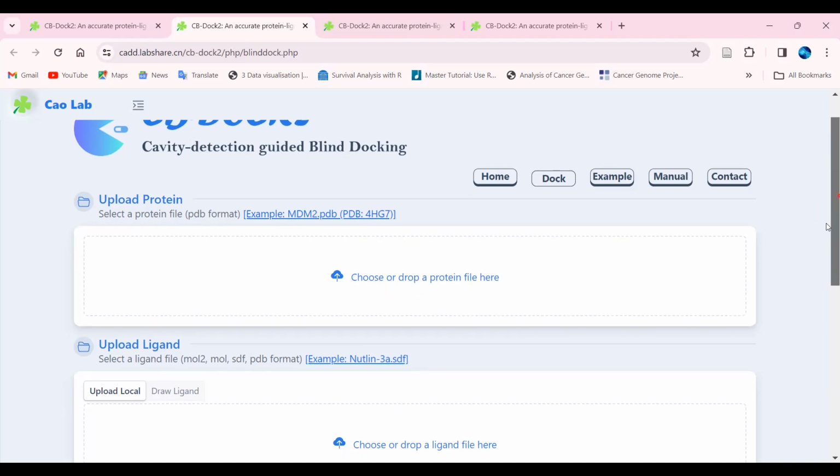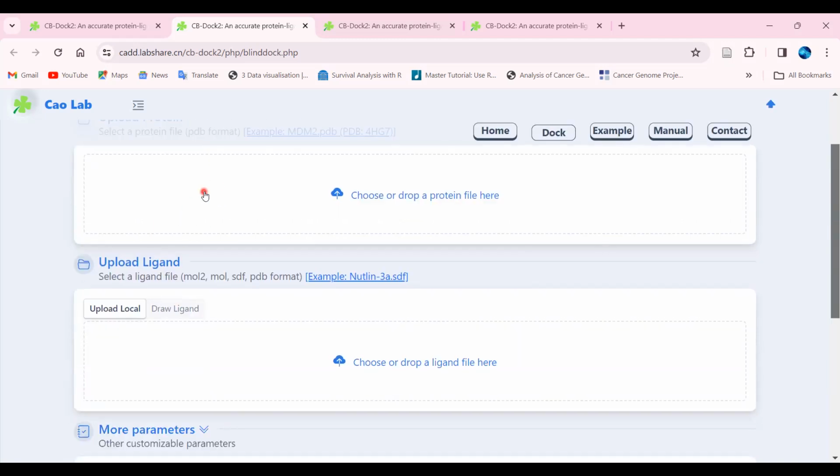The next thing we have to do, once we have uploaded the PDB file, is move to upload the ligand. It will take a reference based on your protein, and the ligand will give you a cavity region, or you can even draw the ligand over here. The example is even shared over here. So you have to provide both things. First is the protein PDB ID with the file which you have to upload, which you will get from the PDB database, and the second important thing is that you have to provide the ligand over here.